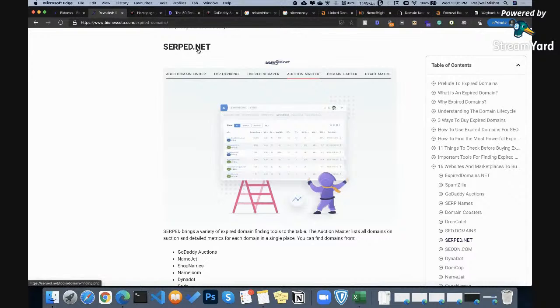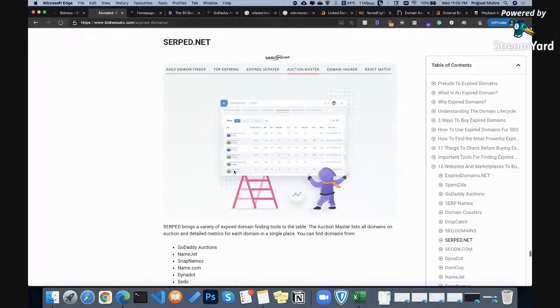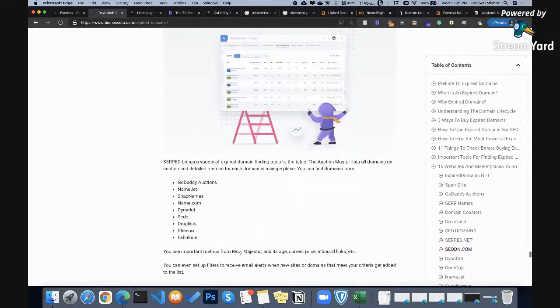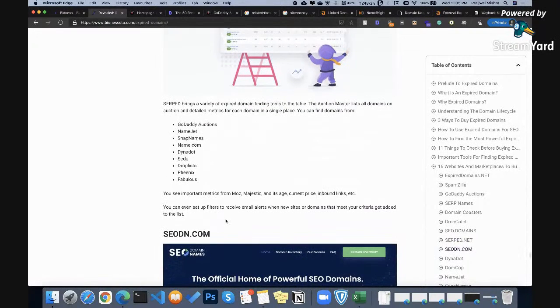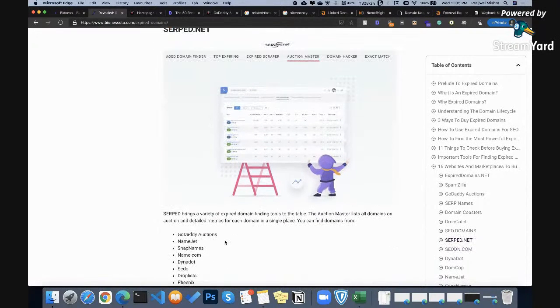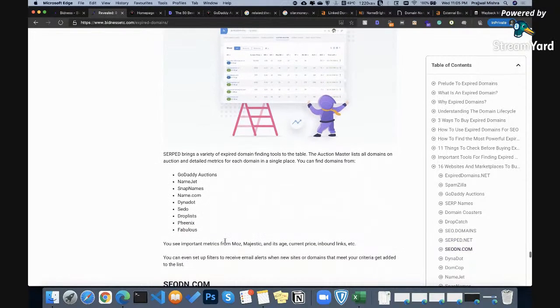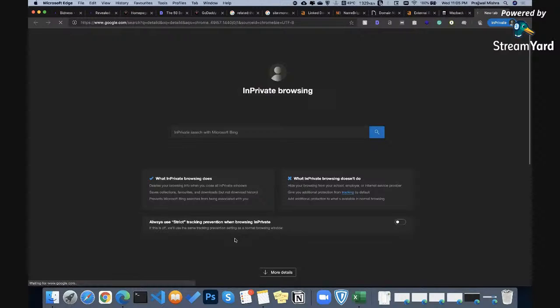Serb.net. I haven't tested this fully, but the feature list over here is very impressive, and it has a lot of features of our own automated systems. So if you go to this detailed.com, sorry,